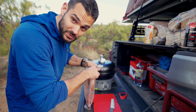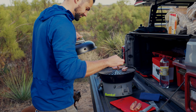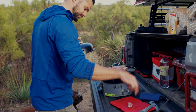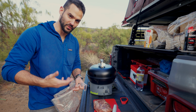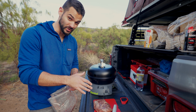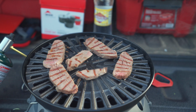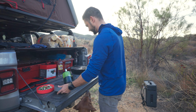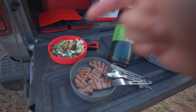This is one of my specialties. What I did was I sous vide a tri-tip and then put some seasoning inside along with some butter. And so as I cut it open or as we cook it, it'll actually kind of melt out and help kind of cook through the steak. So it's already cooked to 132. That's how I sous vide. And then basically we're just gonna sear it. And that'll do it. We got a little steak, salad,